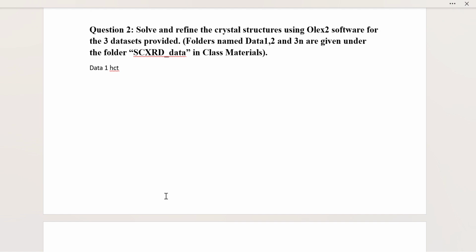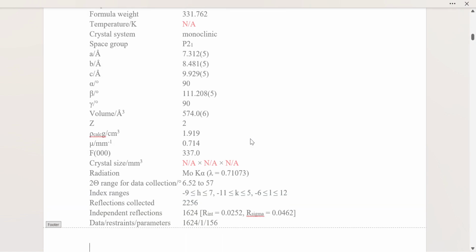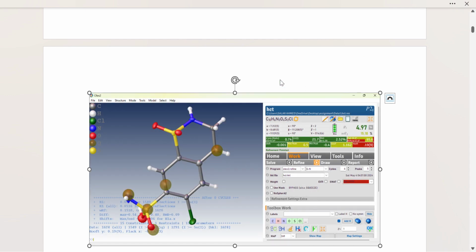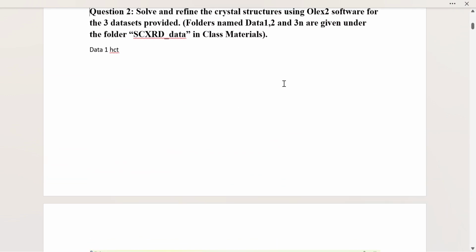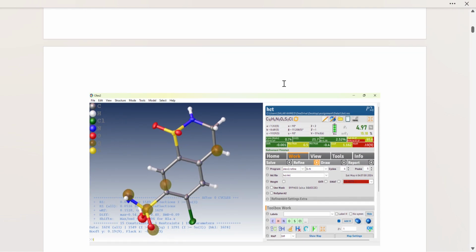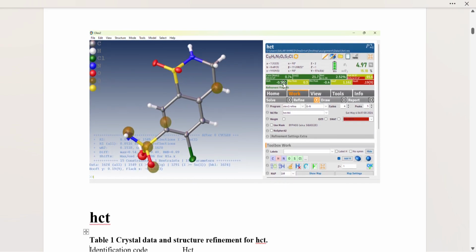For solving the crystal structure, we use OLEX2. Data 1, data 2 and data 3 consist of an INS file or instruction file and the HKL file. So we use the following steps to solve the structure.